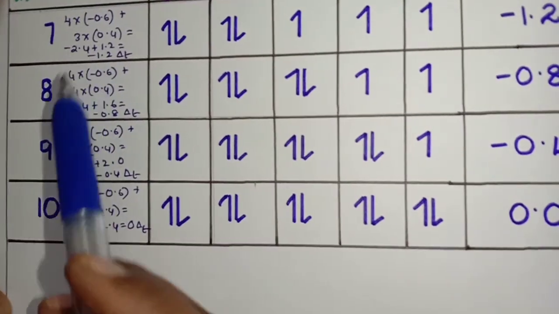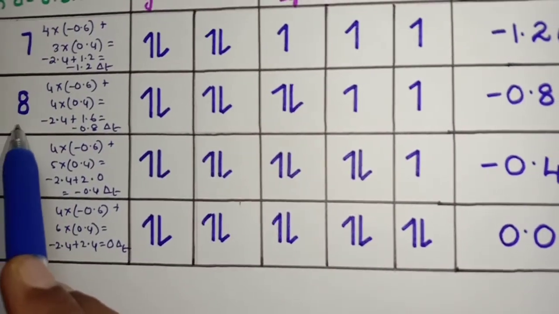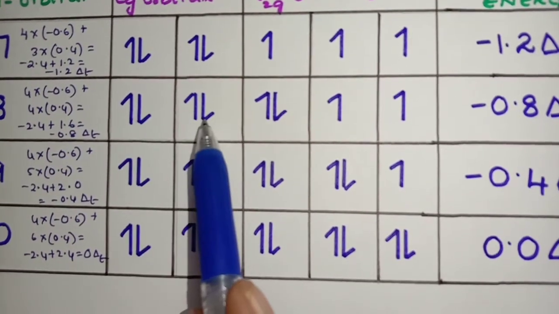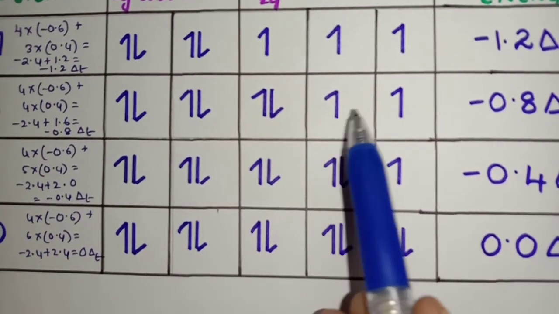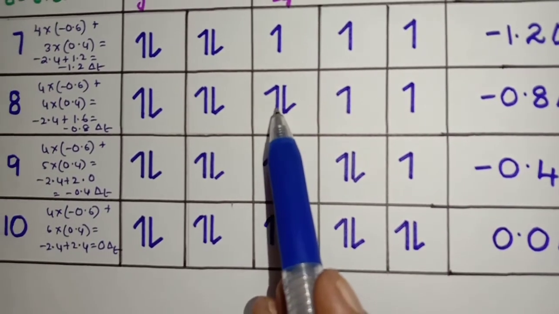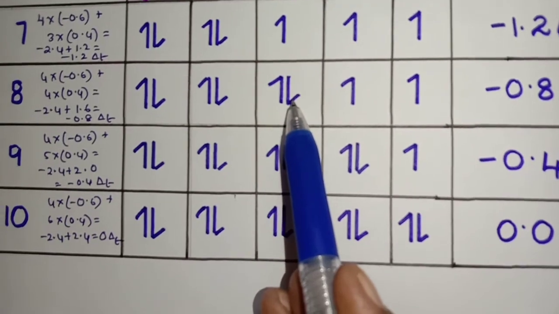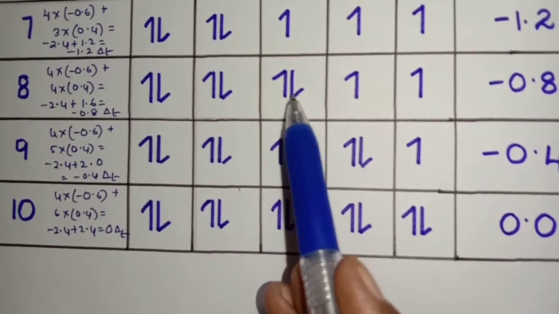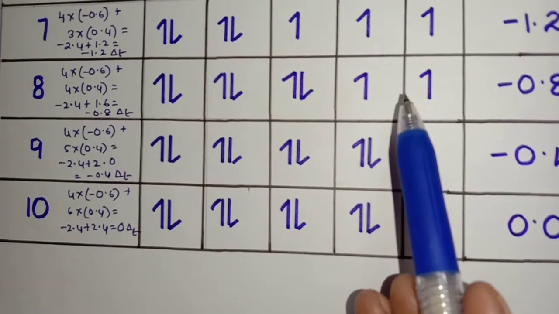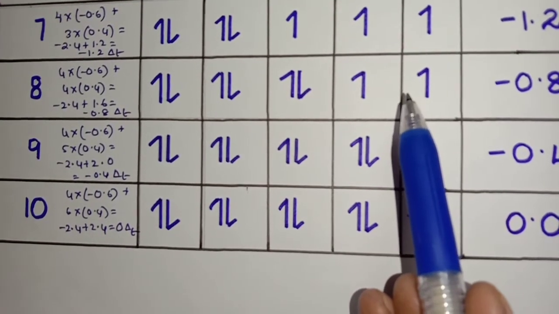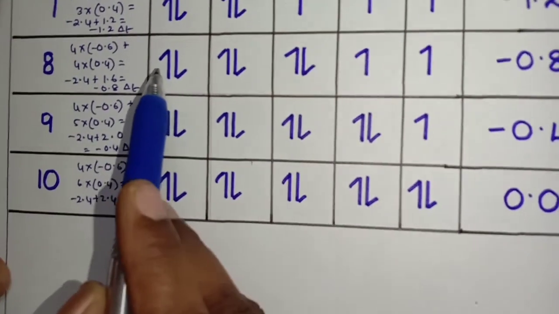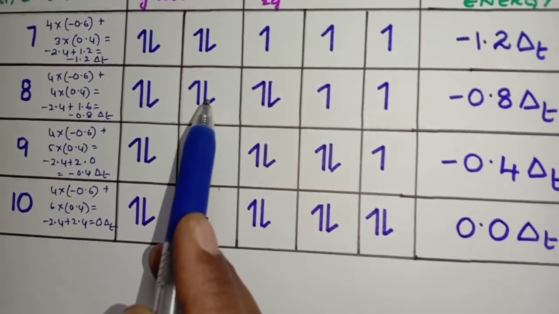Next, moving on to the next one. If the number of electrons in d orbital is 8. First electron, second, third, fourth electron, fifth, sixth, seventh. Now the 8th electron pairs up with this electron in the first T2G orbital. Students, this takes place like this because we are now looking in the presence of strong ligands. So number of electrons in EG orbitals: 1, 2, 3, 4.